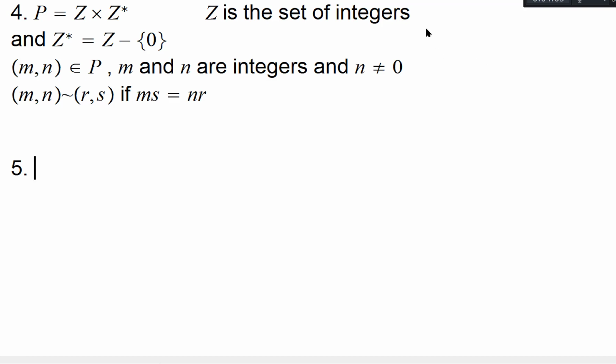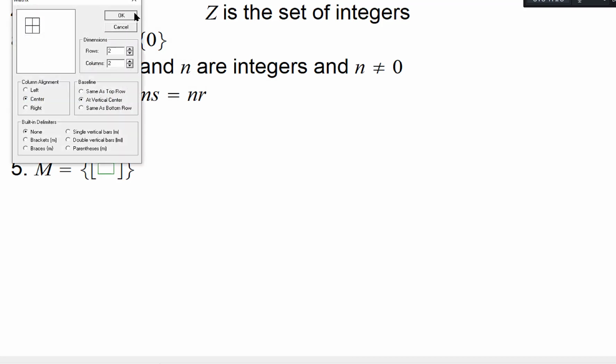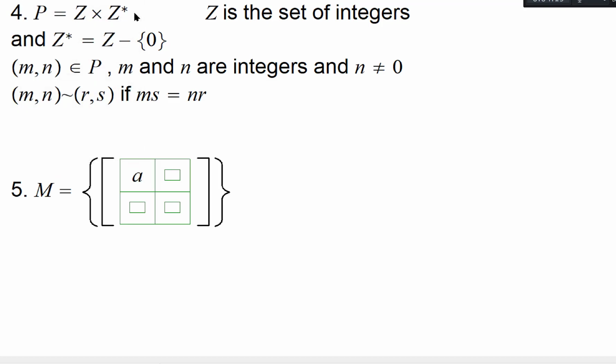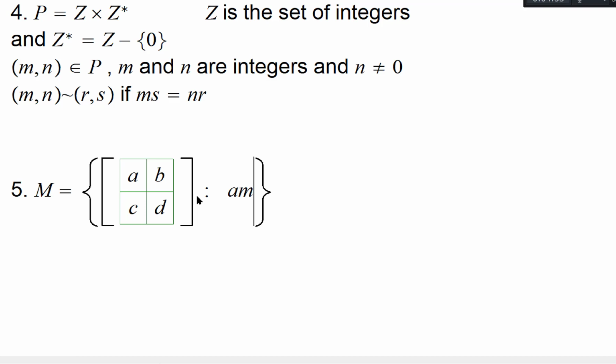I'm going to take a set M, where M consists of 2 by 2 matrices with real entries. So A, B, C, D are